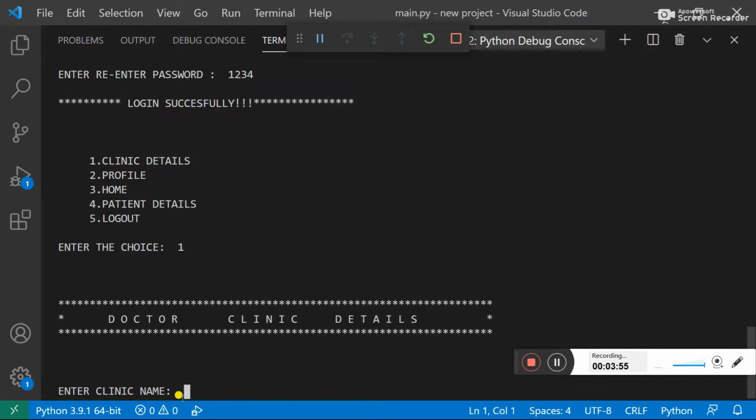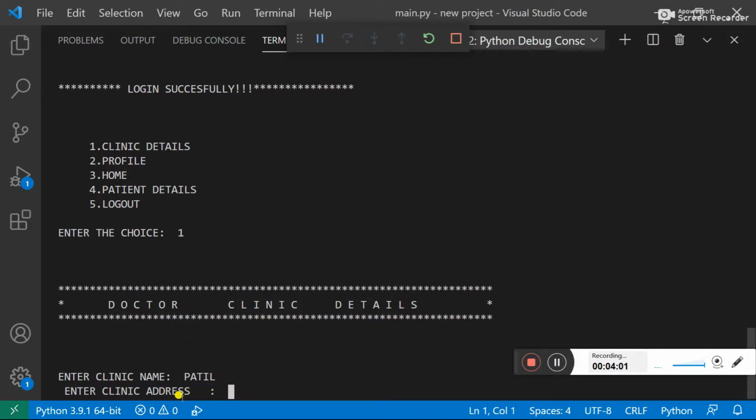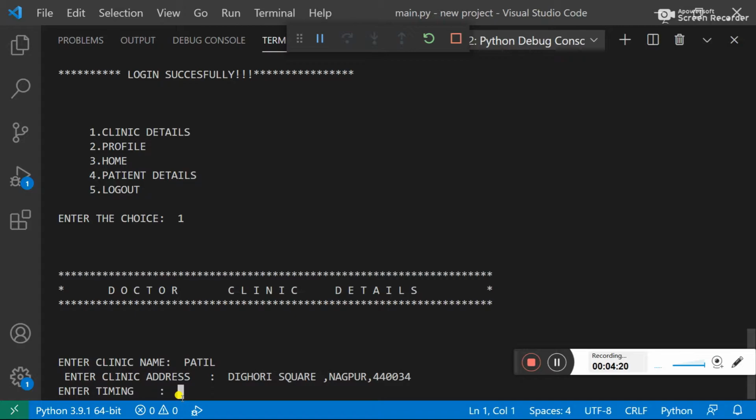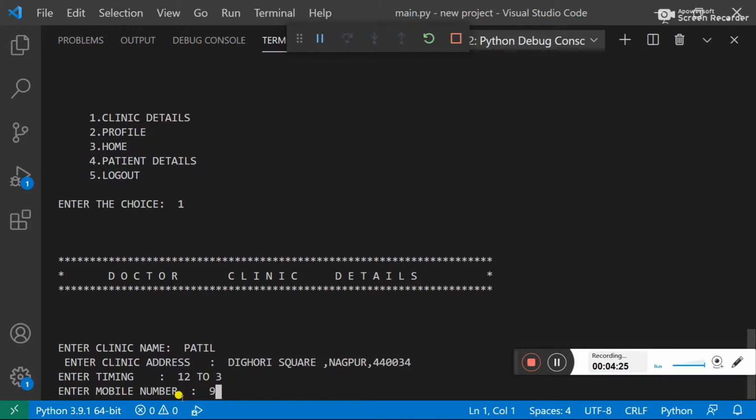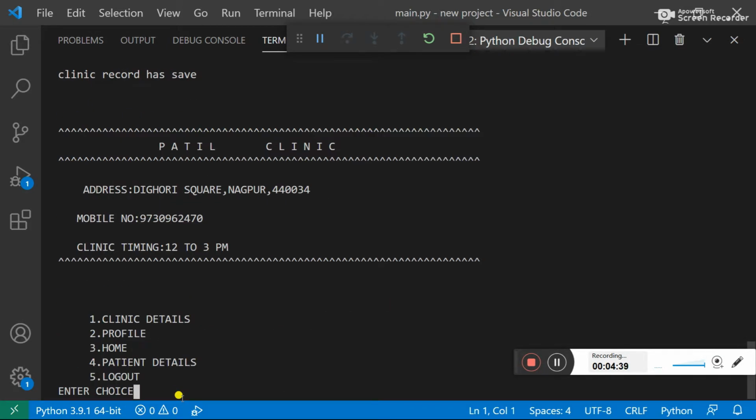So I am taking one and then entering the clinic name, clinic address, clinic timing, mobile number. I tell you, all fields are required. So you can see here the clinic details. After that,